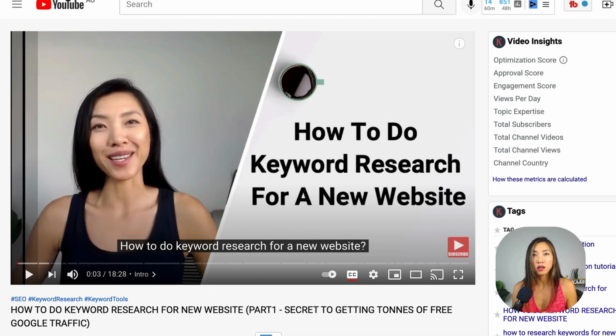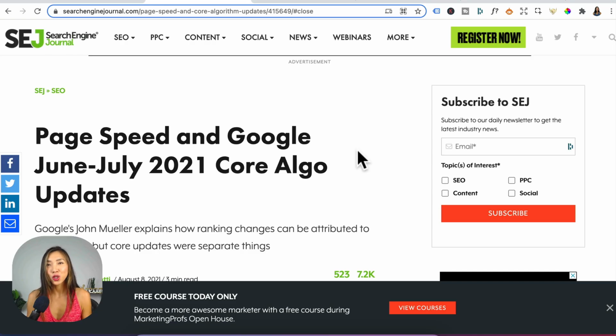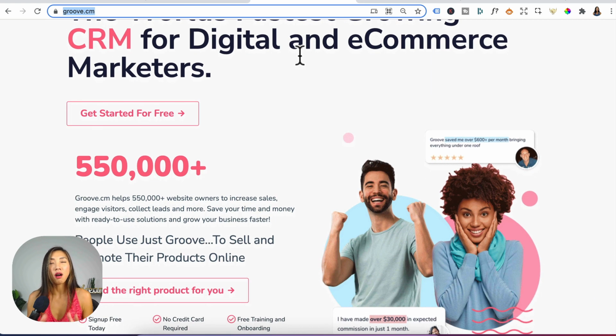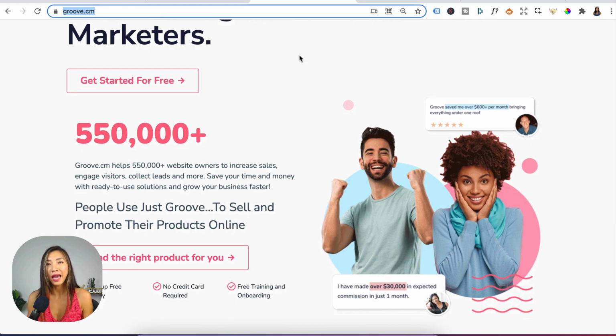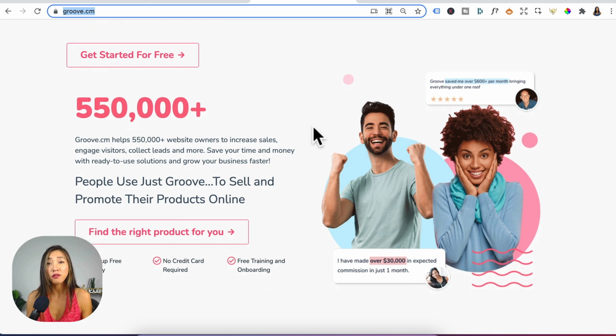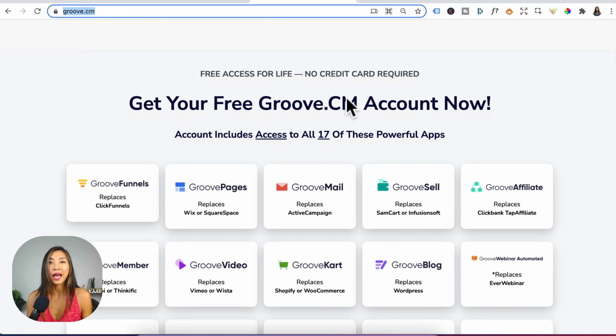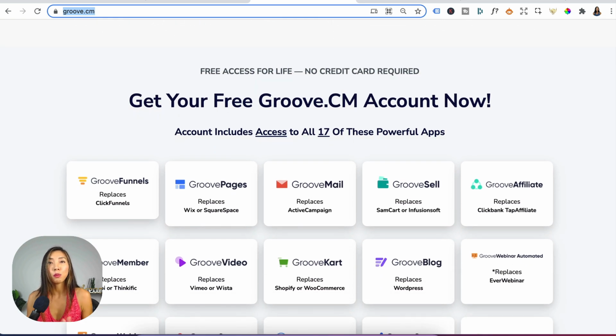Whilst quality content, on-page SEO and backlinks are extremely important, a major ranking factor is how fast your website loads. In June 2021, one of the Google algorithm updates was attributed to page speed. For GroovePages, this depends on the number of elements you have on your page, such as optimizing large image sizes, optimizing JavaScript, CSS. Basically, the more you have on your page, the more it will affect your page speed.